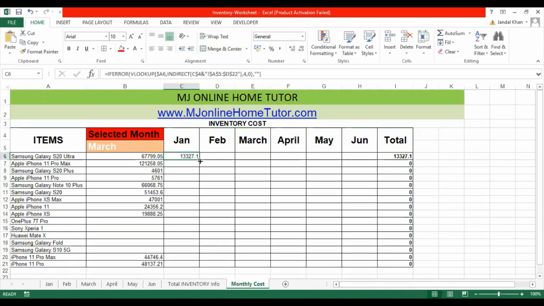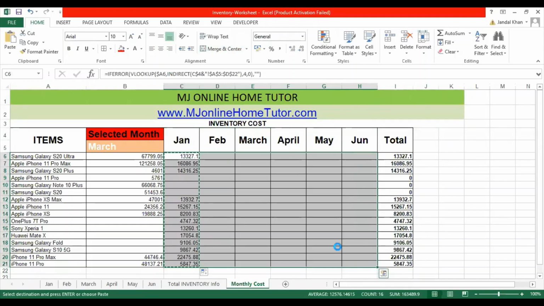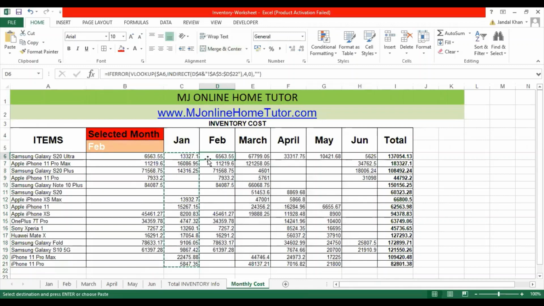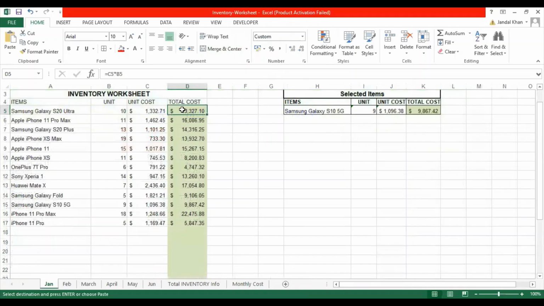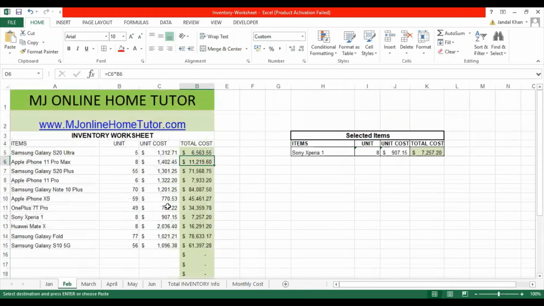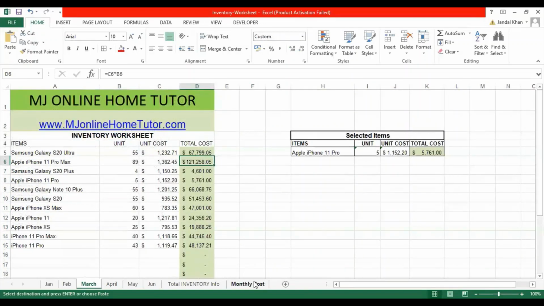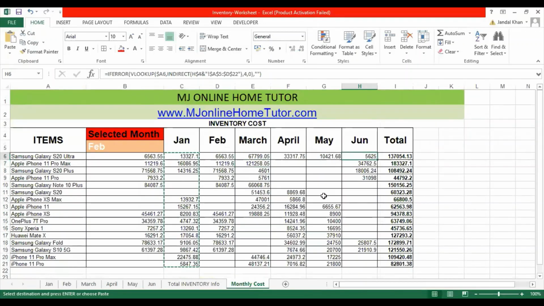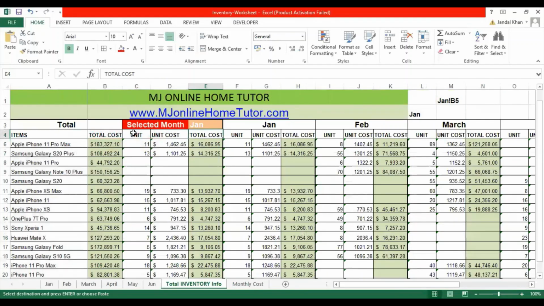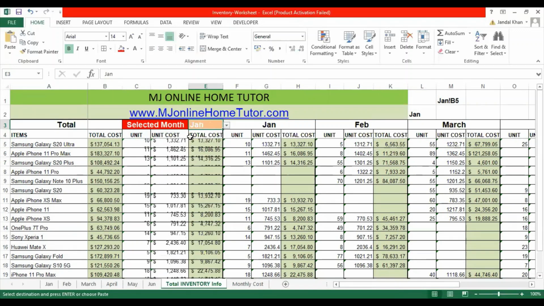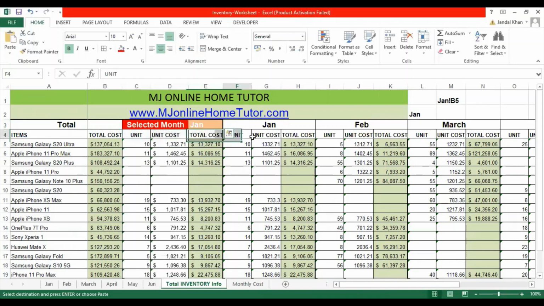This is very important as well. You can see this formula is working from right to left, top to bottom. Just one formula. The normal VLOOKUP formulas will not work like this. This is another example. It is getting data from different sheets, and you will use only one formula. So keep watching this video and learn about VLOOKUP deeply. There are many examples. You can see it's changing by changing the month and getting the data from the other sheet.